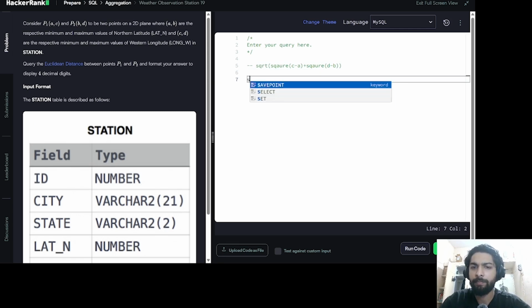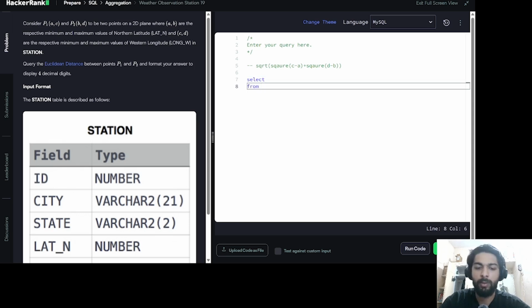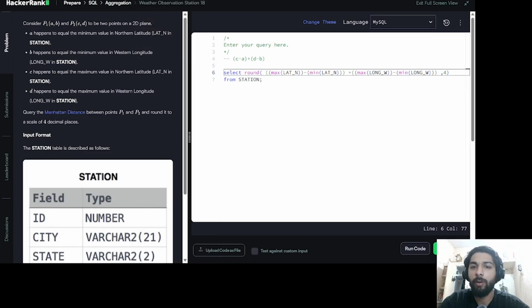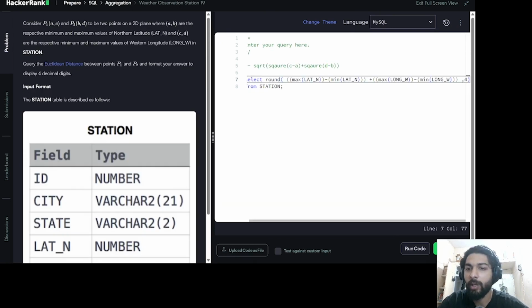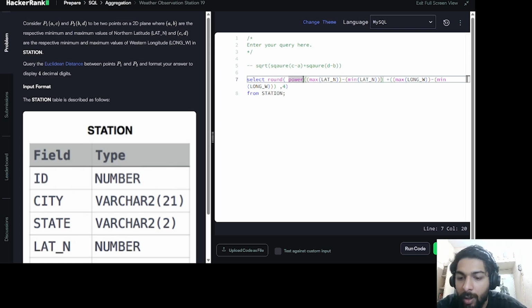So we'll say select, and then from station. As we have done in the previous question, we'll just pick it from here only. But I'll do some tweaks here. Before finding, this is the whole bracket. Here I'll be using power, giving it this, and also giving it this, and giving the power to